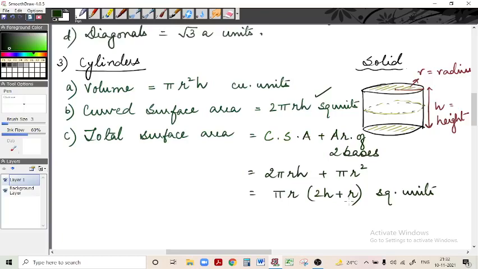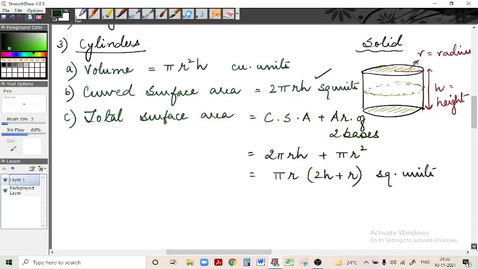Similarly, you may have seen rubber tubes, or empty bottles. So in such cases of hollow cylinders,